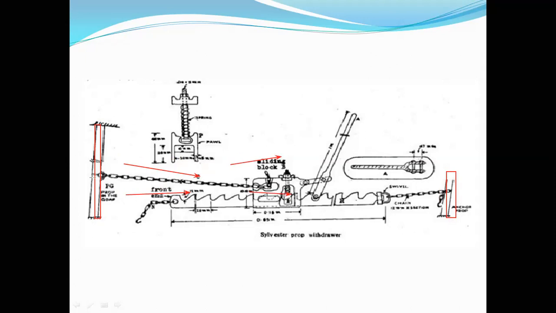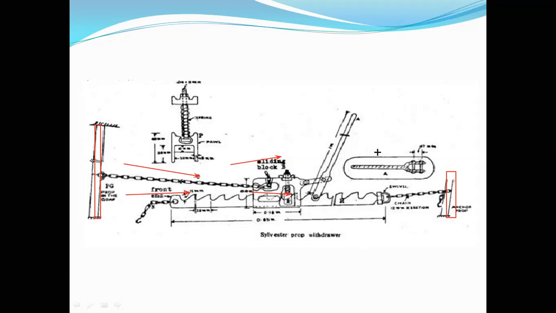Look at here. Because this entire operation has to be carried out safely by staying on the safer side. So this is the Sylvester prop withdrawer. It has a sawtooth kind of thing here, over which this sliding block will move. Okay, so one end of this is being attached to the prop which is supposed to be taken out, right? It is being attached to the Sylvester prop withdrawer, or this sliding block, by means of a chain. So with the operation of this operating handle, what happens? The sliding block will slide on the sawtooth. This one. So it will slide.